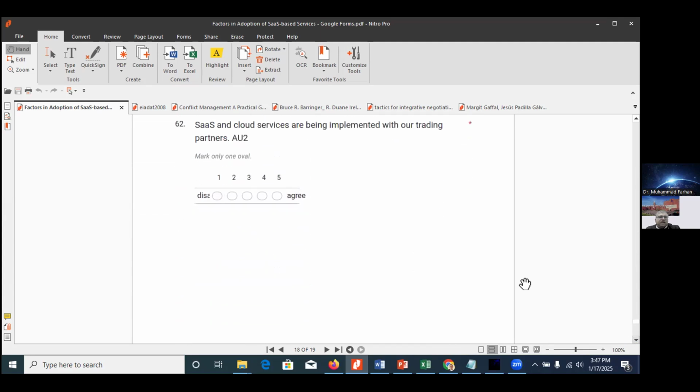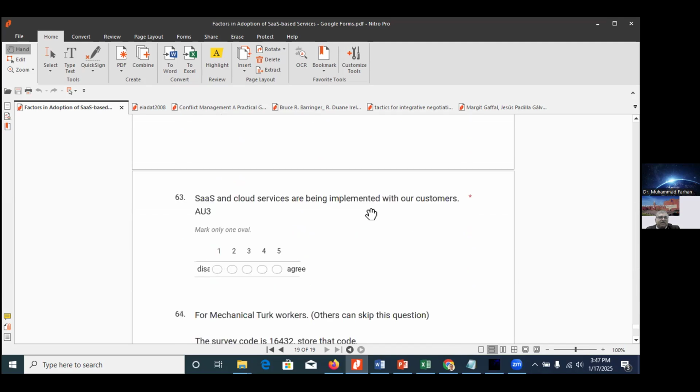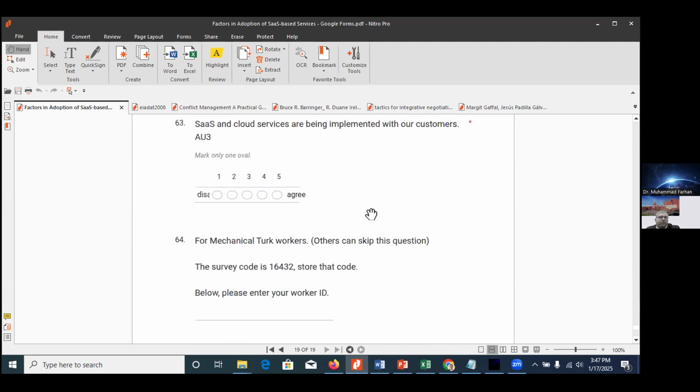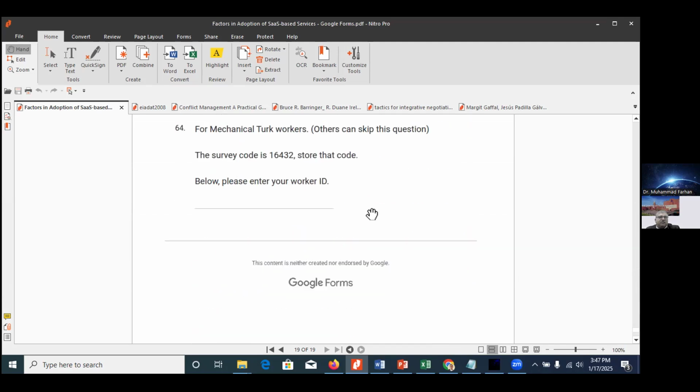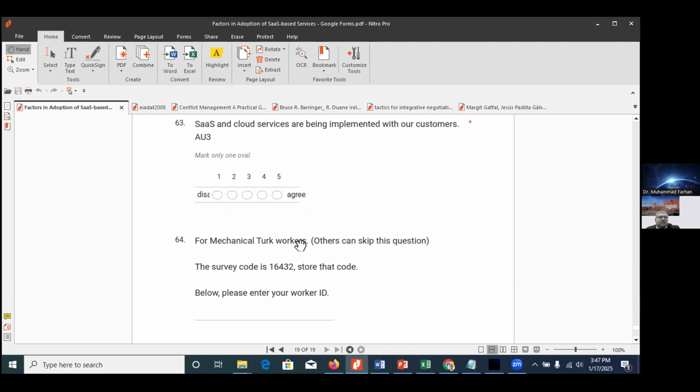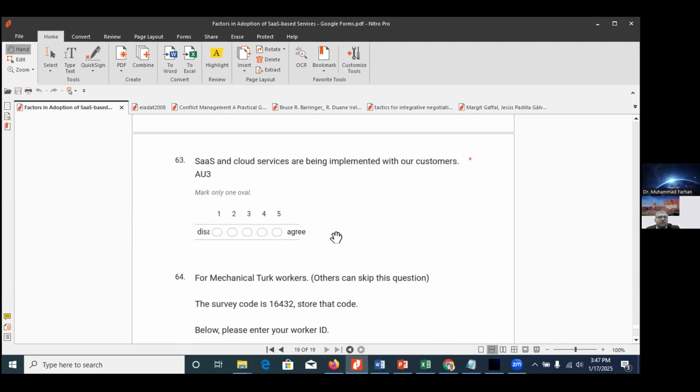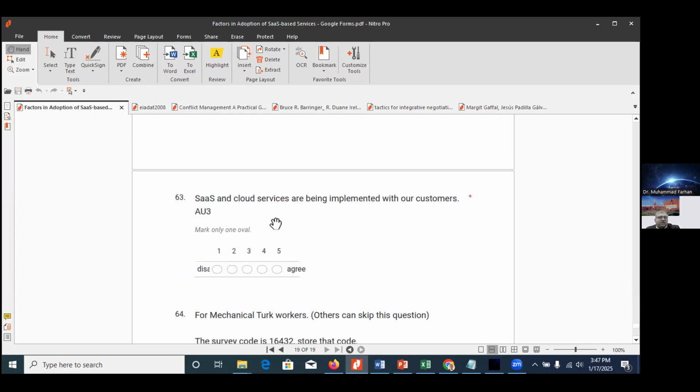This is just to give you an idea how big and how complex the model can be. In this simple model, there are 64 questions. It's not a survey question, it's for mechanical. So 63 questions are there, apart from the 10 or 11 questions that cover the graph details. You see there are 60 questions or more than 60 questions.